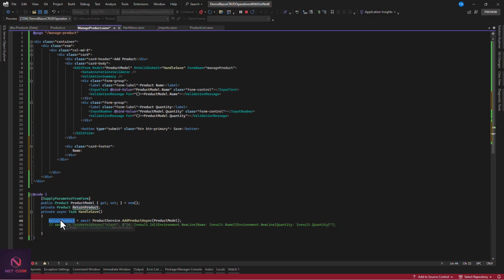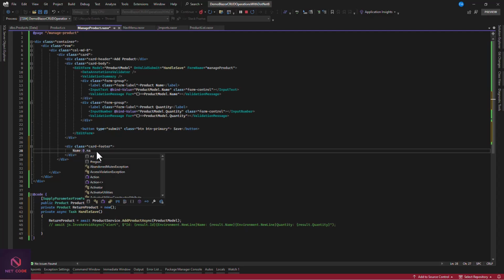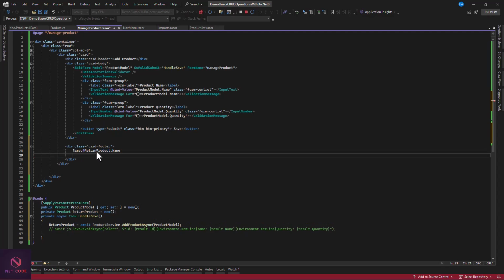Then we can just open. So let's instantiate this equal to new. Then here, name, we can say this product dot name. We can have access to this return product dot name. Okay, so we can do product dot, then you can have name. You see, and we can have access to the next one, which is quantity, and it is return product